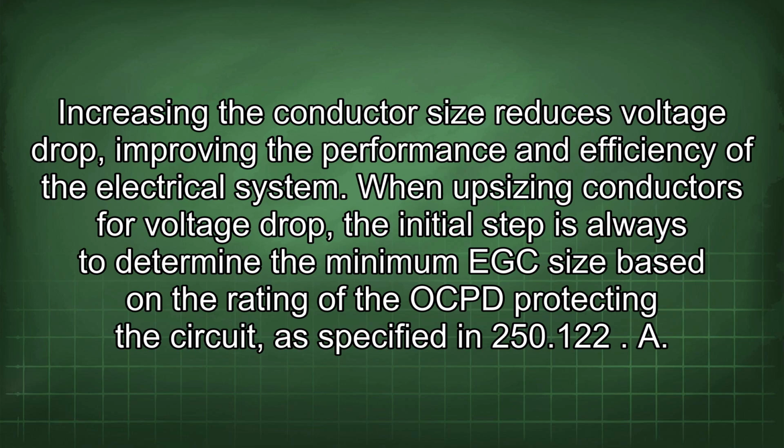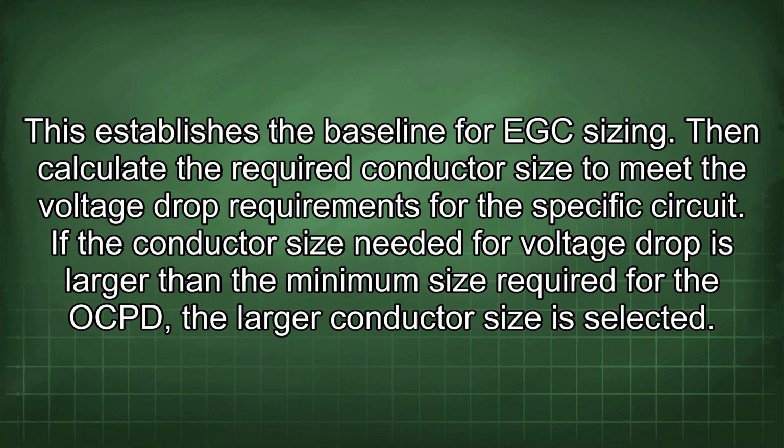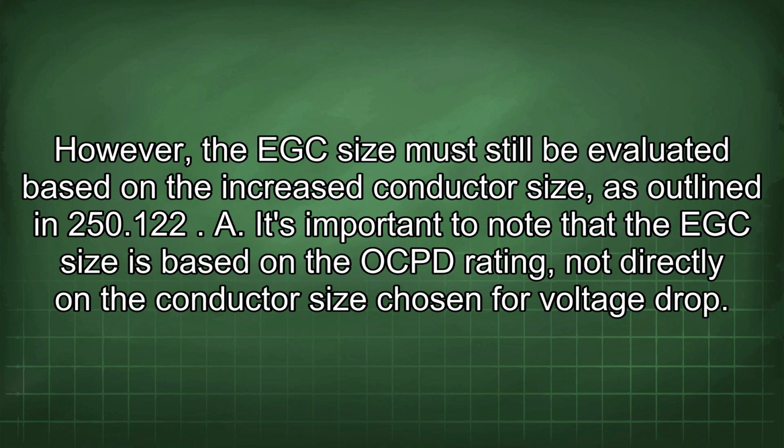When upsizing conductors for voltage drop, the initial step is always to determine the minimum EGC size based on the rating of the OCT protecting the circuit, as specified in 250.122. This establishes the baseline for EGC sizing. Then calculate the required conductor size to meet the voltage drop requirements for the specific circuit. If the conductor size needed for voltage drop is larger than the minimum size required for the OCT, the larger conductor size is selected. However, the EGC size must still be evaluated based on the increased conductor size, as outlined